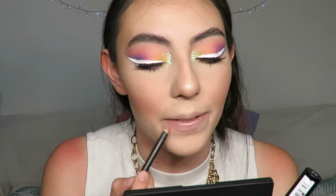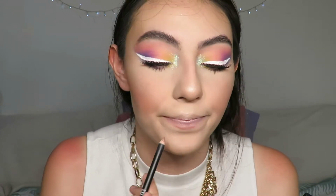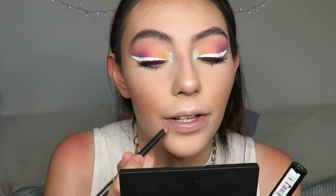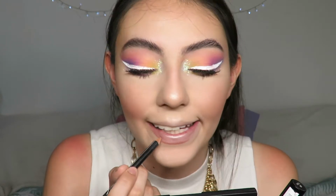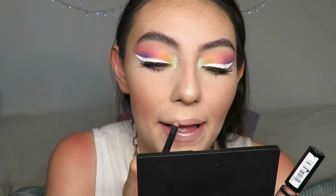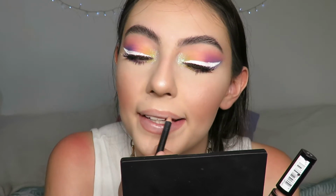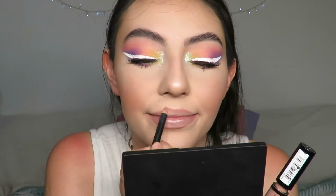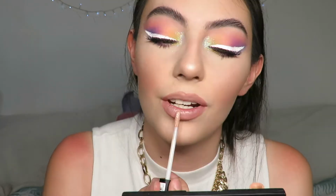This is a brand you can only get in Mexico, so that's why I don't really mention this, but it's just a pinky nude lip liner. Any nude lip liner or any nude lipstick, lip color that you have will do the job. So yeah. I'm overlining my lips a tiny bit on the bottom and the top. And now with the lipstick,